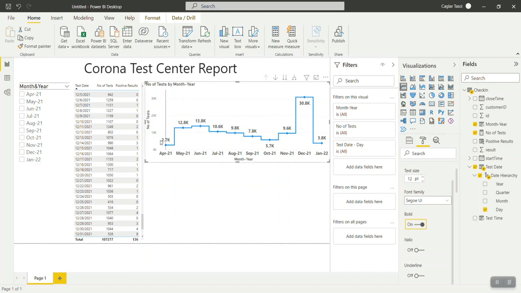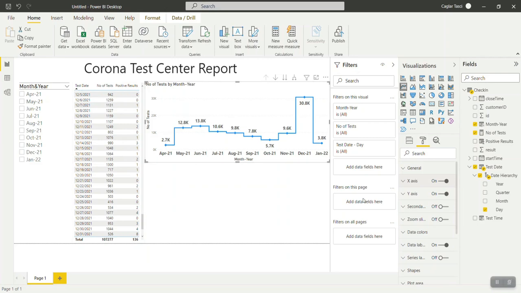There is also the option of zoom slider, but it's on horizontal and I don't need it, so I'm just showing it to you. So apart from this, you can also change the data colors. The data colors, you can change it for individual items.